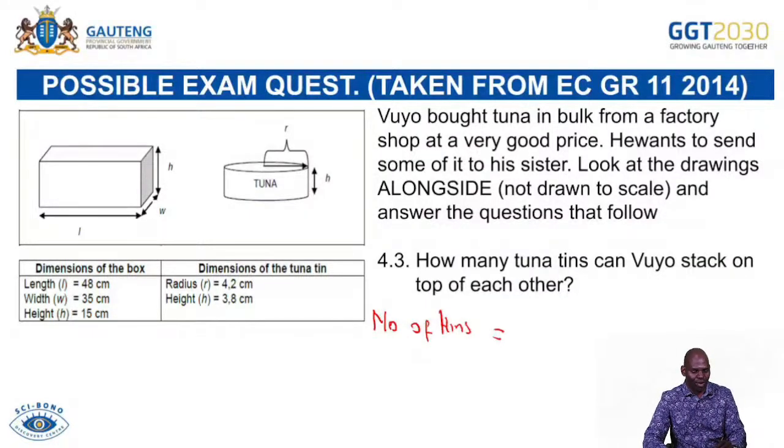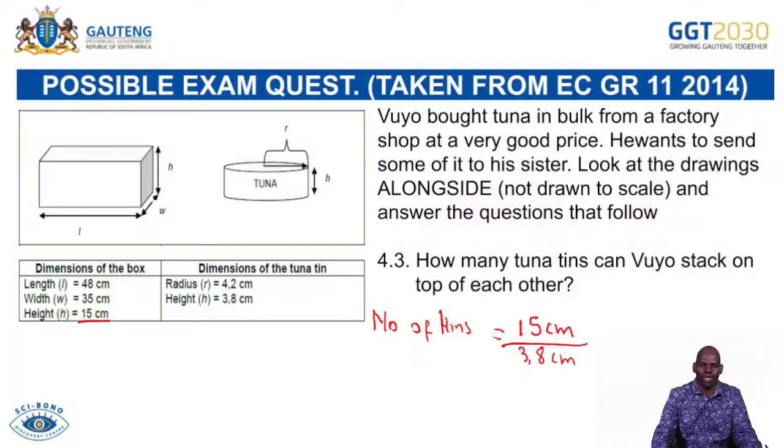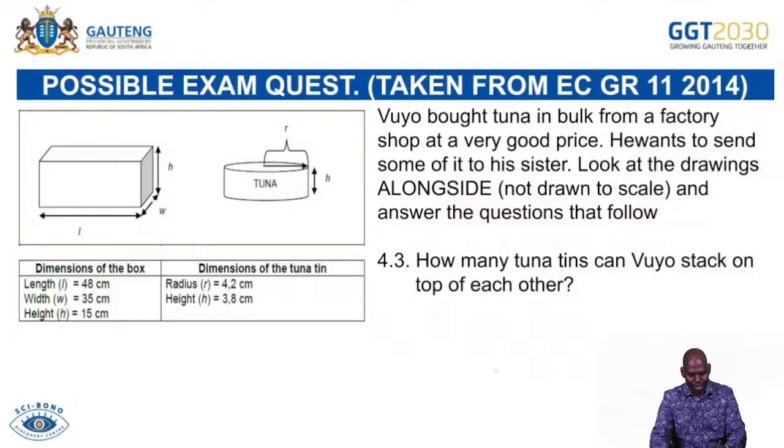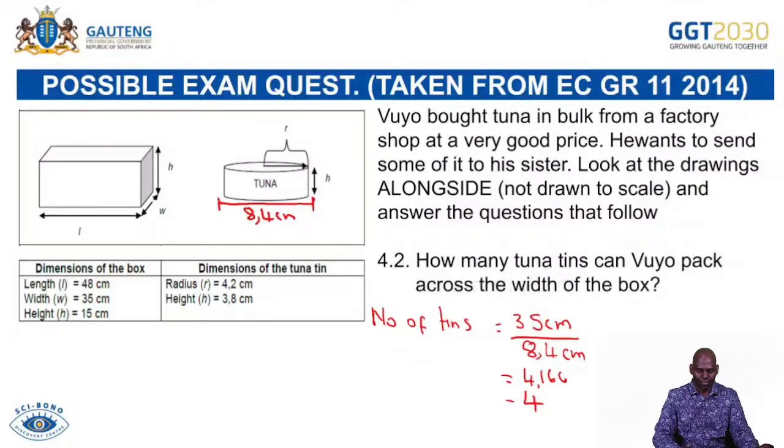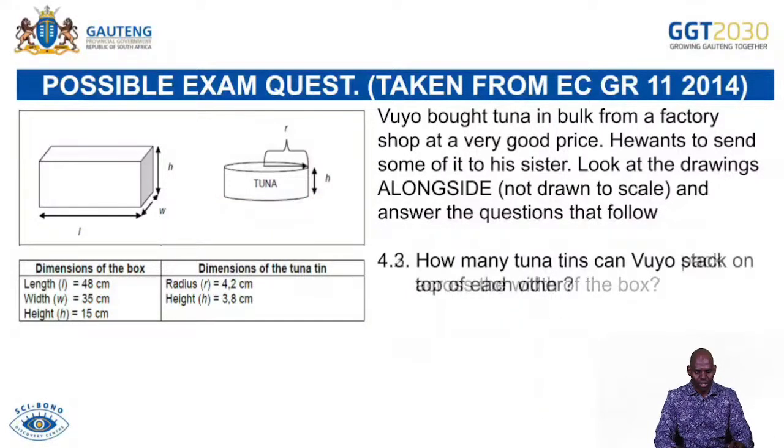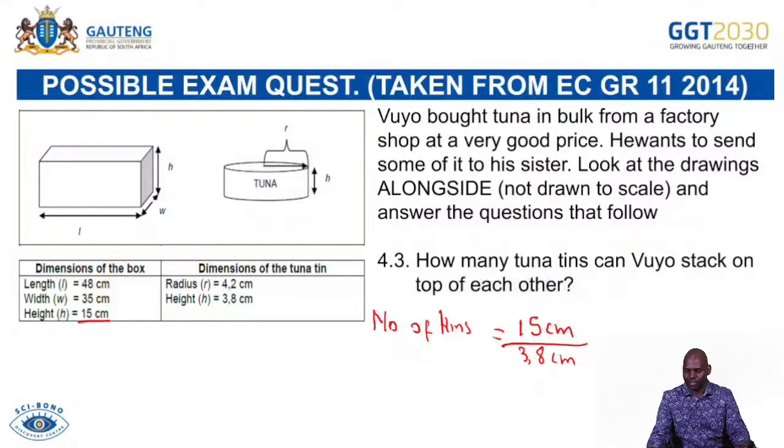Okay, we take the height of the box, which is 15 centimeters. So it's 15 centimeters. We divide it by the height of the tuna tin, which is 3.8 centimeters. In this case, we don't have to convert any unit because the units are the same. So if you use a calculator, we get 15 divided by 3.8. Then I get